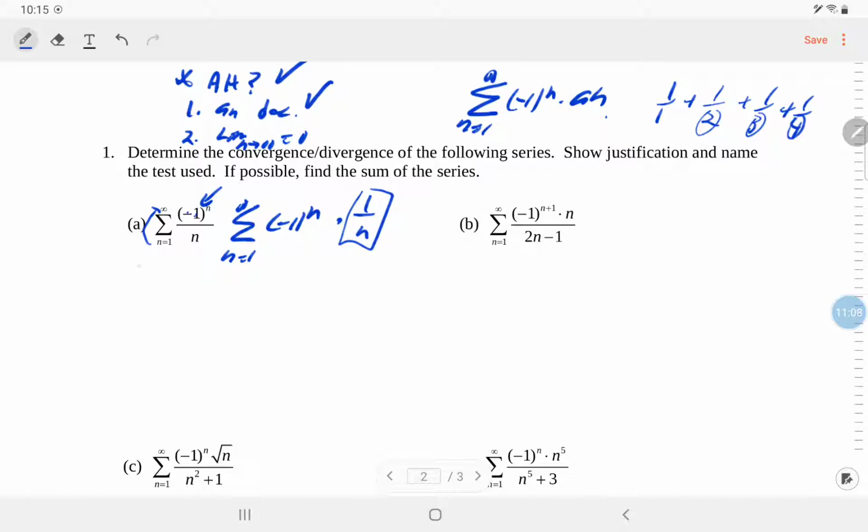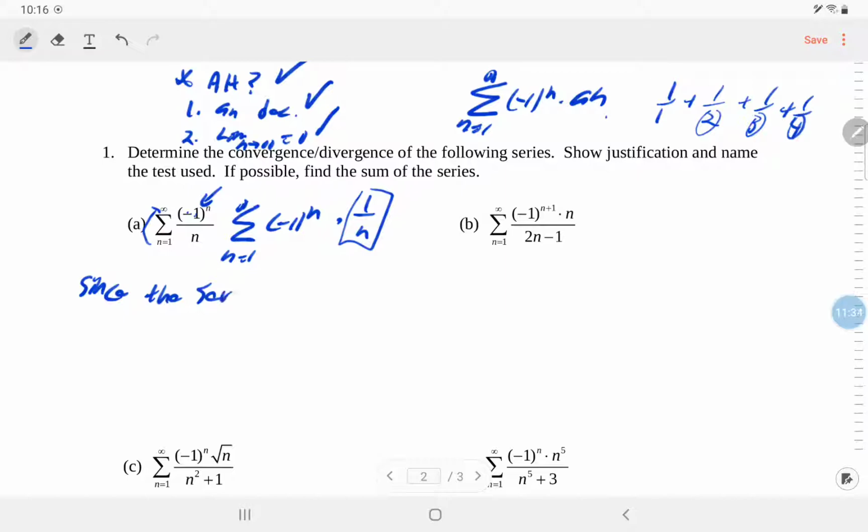And then lastly, I'm going to find the limit as n approaches infinity of the a sub n, which is 1 over n, which would be 1 over infinity, which basically approaches 0, so check on all three fronts. So if it satisfies all three criteria, I can say this. Since